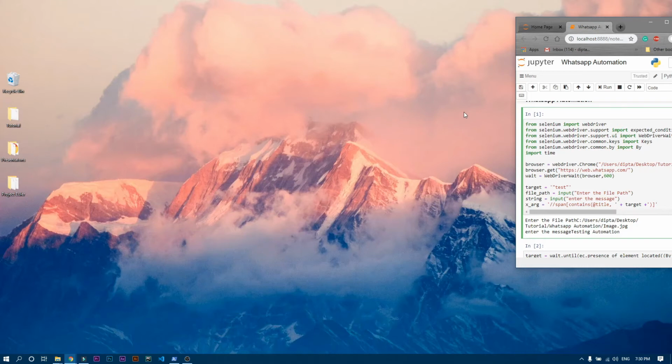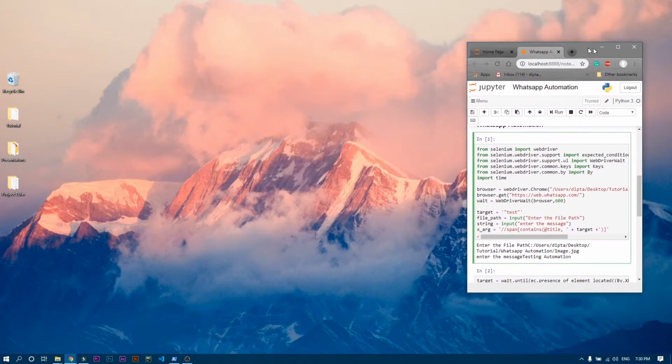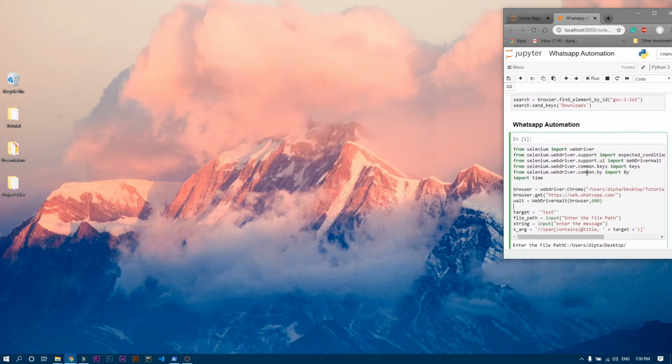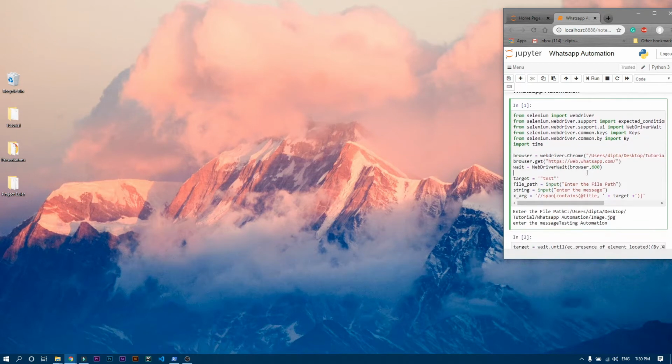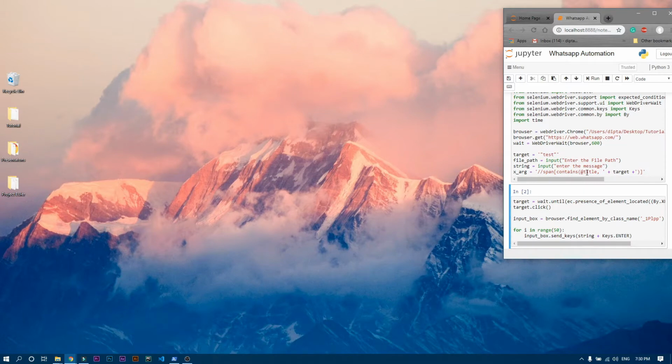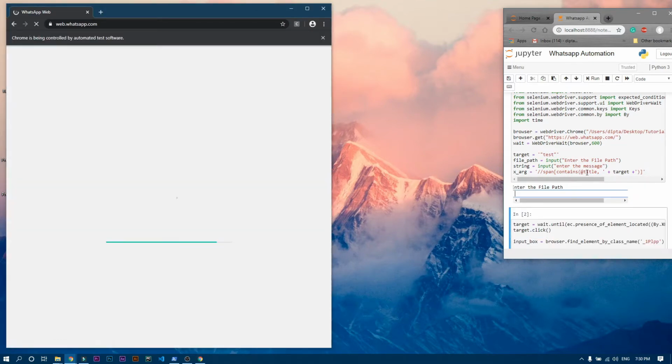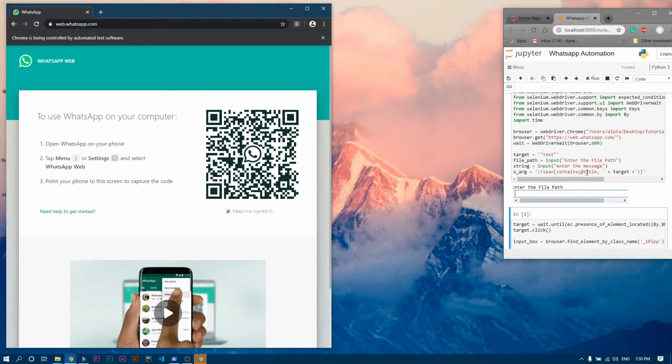So guys, in this course we will learn how to automate WhatsApp. You can see over here, we cannot see the proper coding because we will learn that in our videos. So anyway, if you run the first cell, it will open a Chrome browser, and then it will ask you to scan the QR code for login, and then obviously you will scan the QR code,